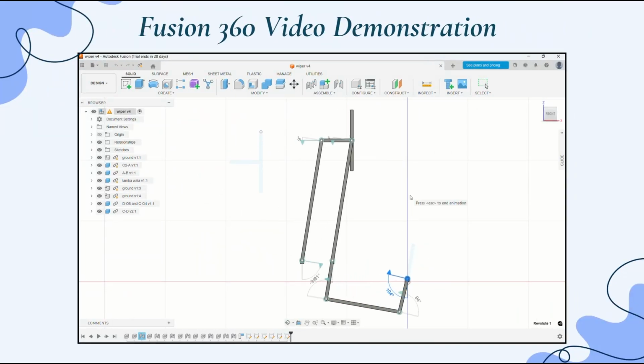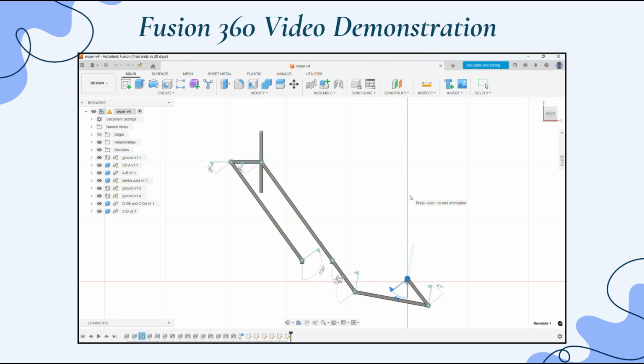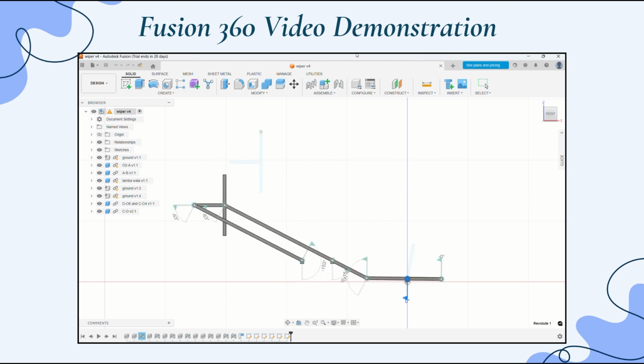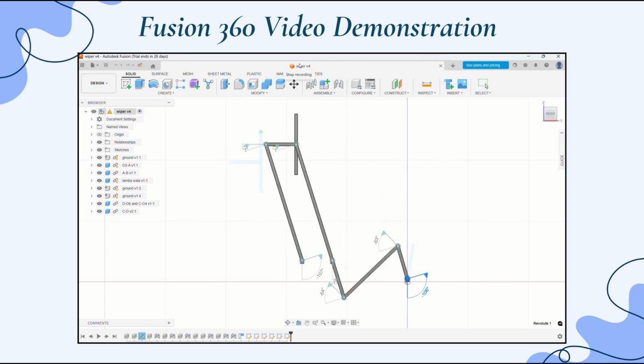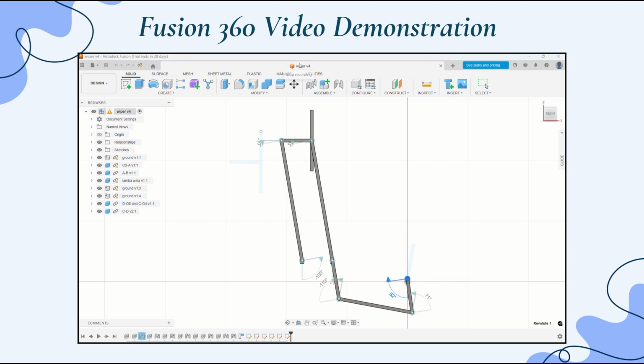We started by creating precise 2D sketches for each link based on the actual dimensions we calculated during synthesis. Using core solid modeling tools like Sketch, Extrude, Revolve, and Fillet, we generated clean and accurate 3D profiles of the crank, coupler, follower, and the wiper arm. Once the individual components were ready, we moved to the assembly workspace. Here, revolute joints were primarily used to replicate the real rotational degree of freedom present in the actual wiper mechanism. During assembly, as-built joint helped fix the relative position of the components without altering the geometry,